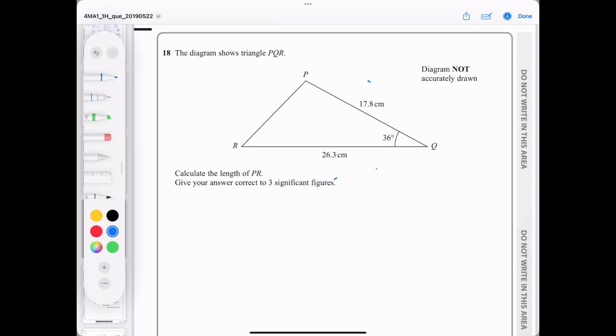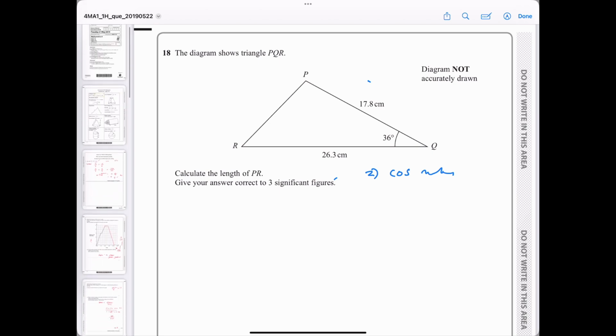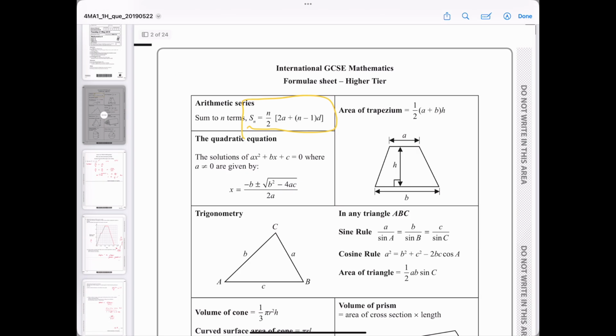So it means we have to use one of 2 things. One would be the sine rule, but we don't have the right things for the sine rule, so we're going to have to use the second thing, which is the cos rule. And the cos rule equals, I'm going to show you on here, you do always have it, but the cos rule is this one here. So the cosine rule is a squared equals b squared plus c squared minus 2bc cos